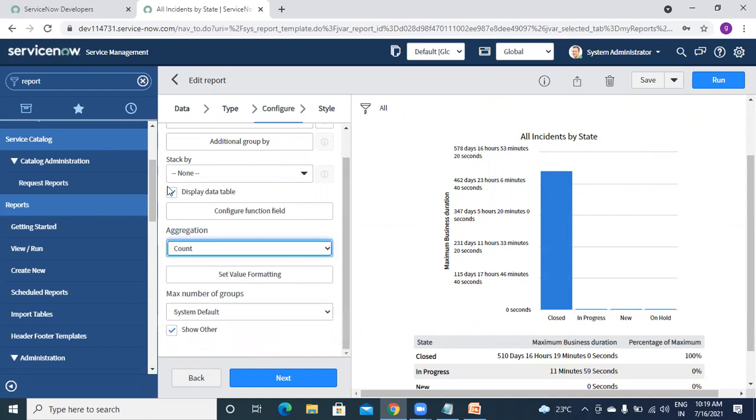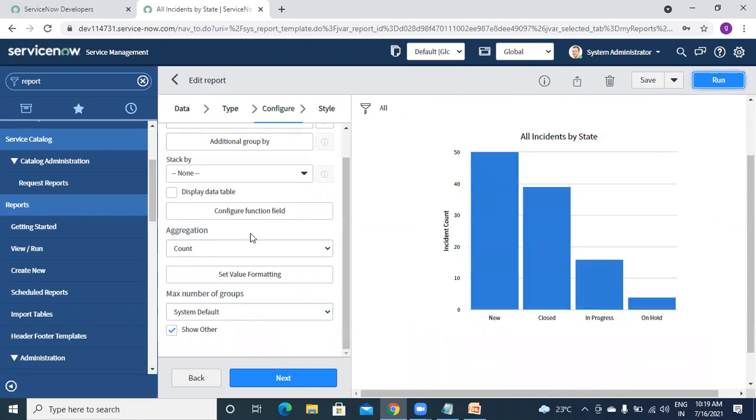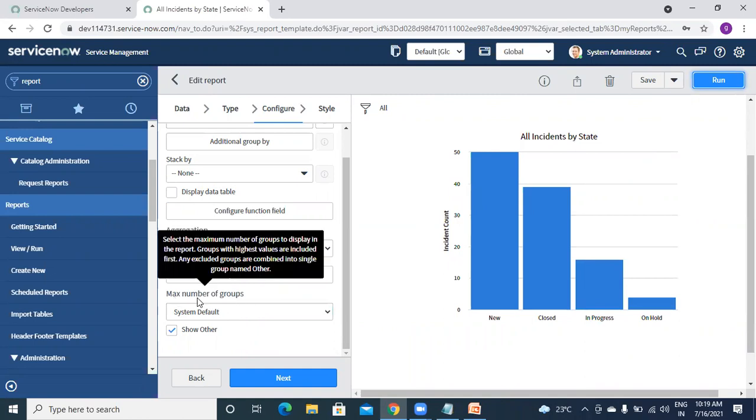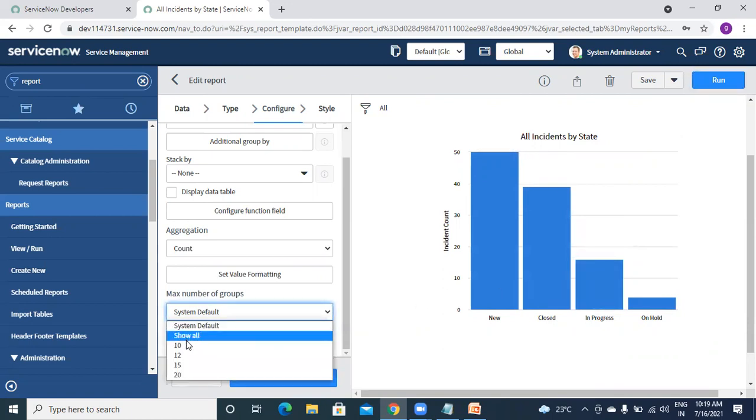So going back to this count and run. These are just normal things you will understand. If you go through this for half an hour, you will understand that. And then on the bottom we have this one, maximum number of groups. Here we are showing 4 groups, but in real time there might be 100 groups, and our desktop will not be sufficient, right? So we can restrict that. Like if you want to show only 10, 12, 15, 20, or show all. If you show all, this will be just like a one liner.